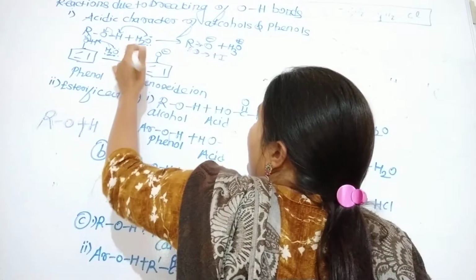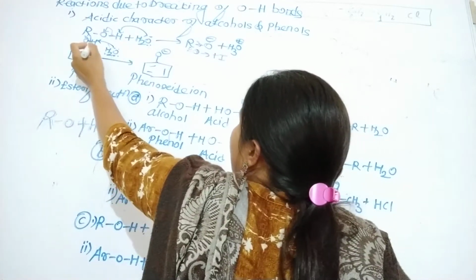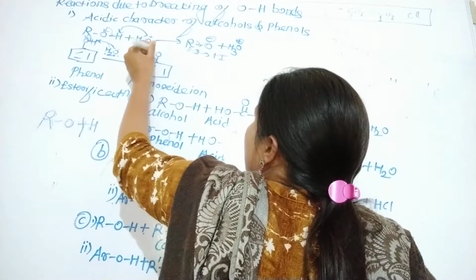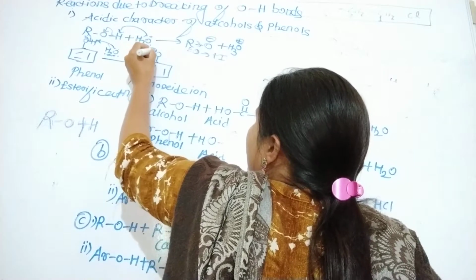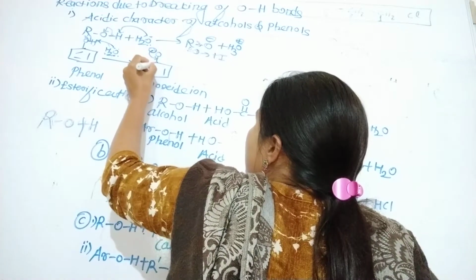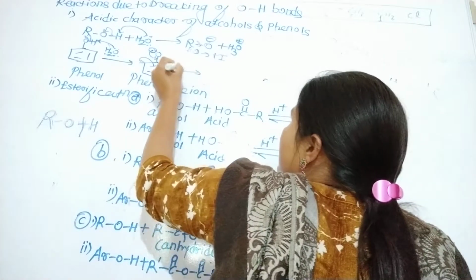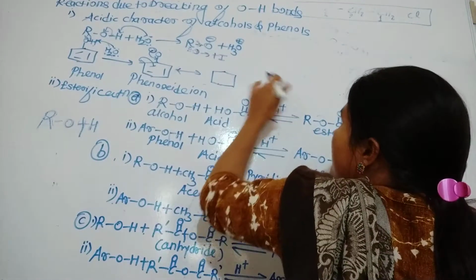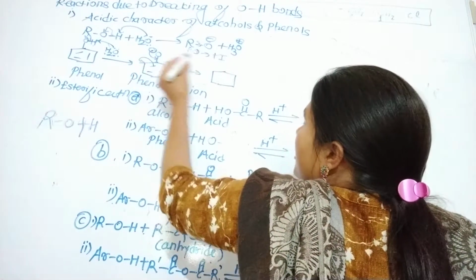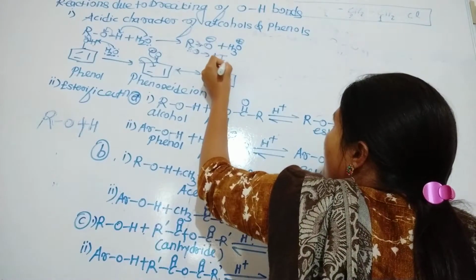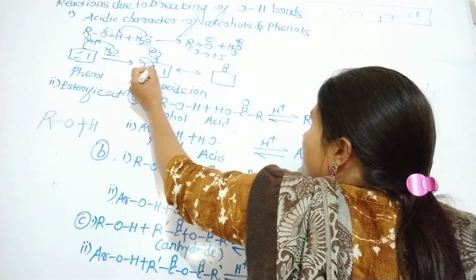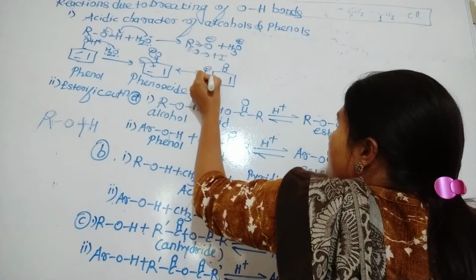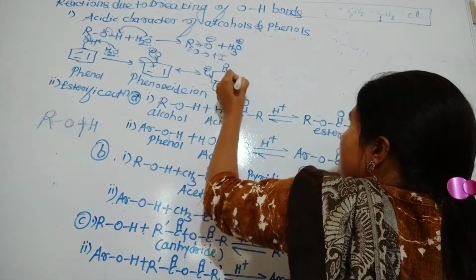What happened in case of phenol? When water takes H plus from the phenol, there is formation of a negative charge, that means phenoxide ion. So the negative charge is on the oxygen atom. This negative charge can delocalize in resonating structures with the benzene pi bonds. So the conjugate base gets stabilized by resonance. This negative charge shifts here, that means formation of a double bond between oxygen and carbon. This pi bond shifts onto the negative charge, all other bonds as they are. Then again this negative charge shifts here, and this pi bond shifts onto the adjacent carbon atom.